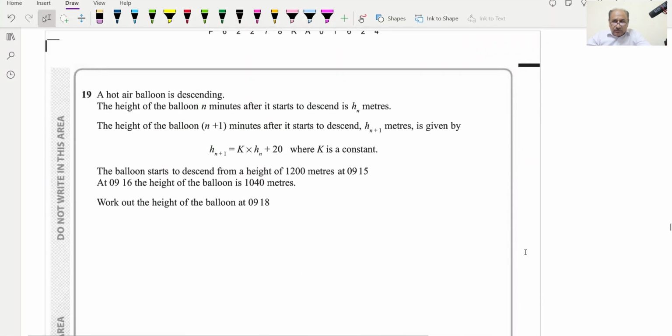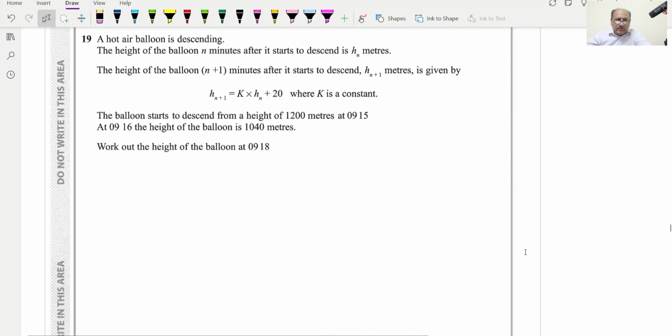And now question number 19. Question 19 says a hot air balloon is descending. The height of the balloon n minutes after it starts to descend is h of n meters. The height of the balloon n plus 1 minutes after it starts to descend, h of n plus 1 meters, is given by this one, where k is a constant. The balloon starts to descend from a height of 1200 meters at